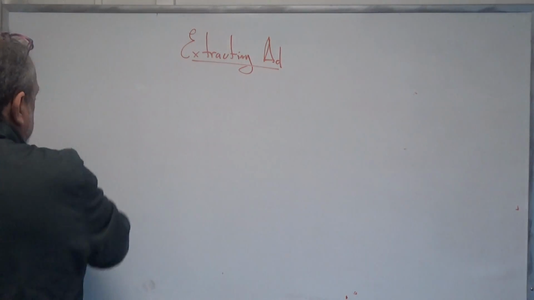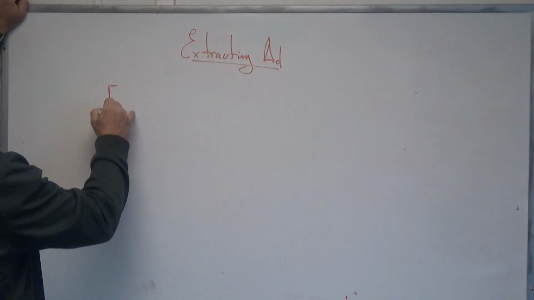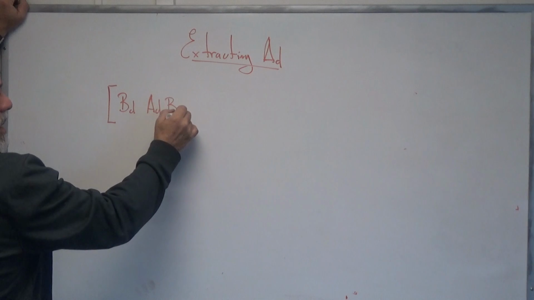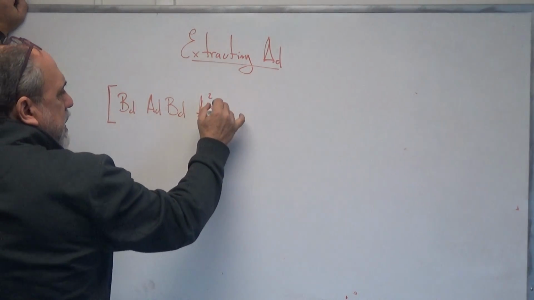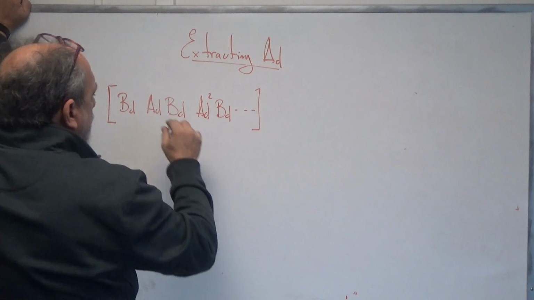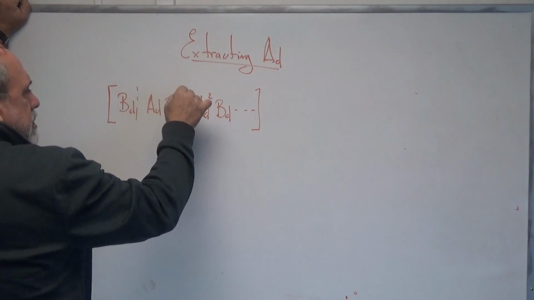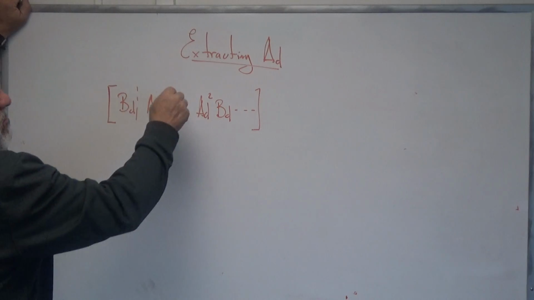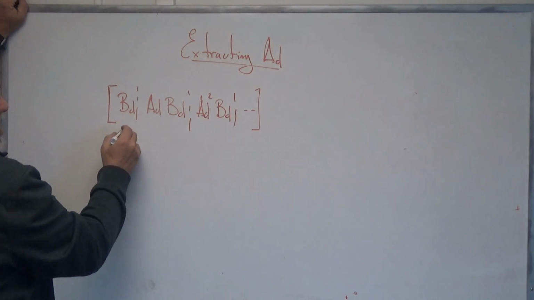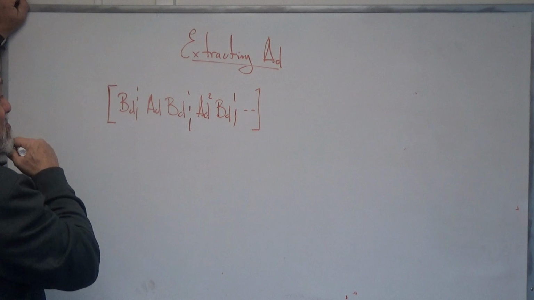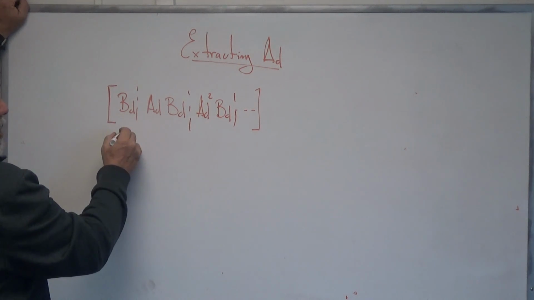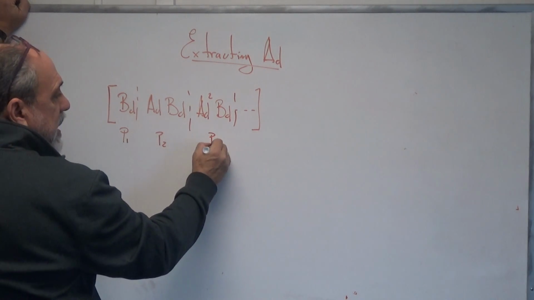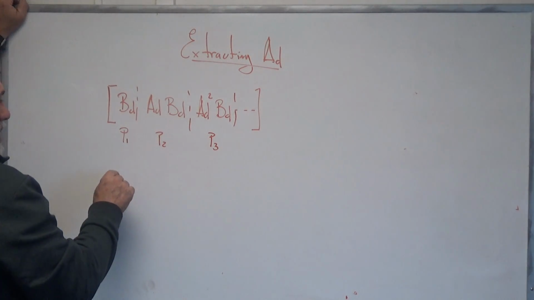That is, we know that the controllability block is equal to BD, AD, BD, AD squared, BD, etc. So, if we call these things, what did I call them? P1, P2, P3, etc., we can see that